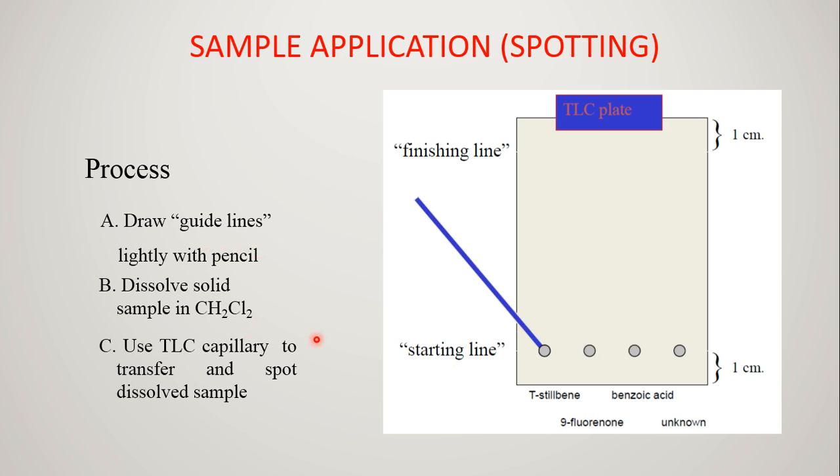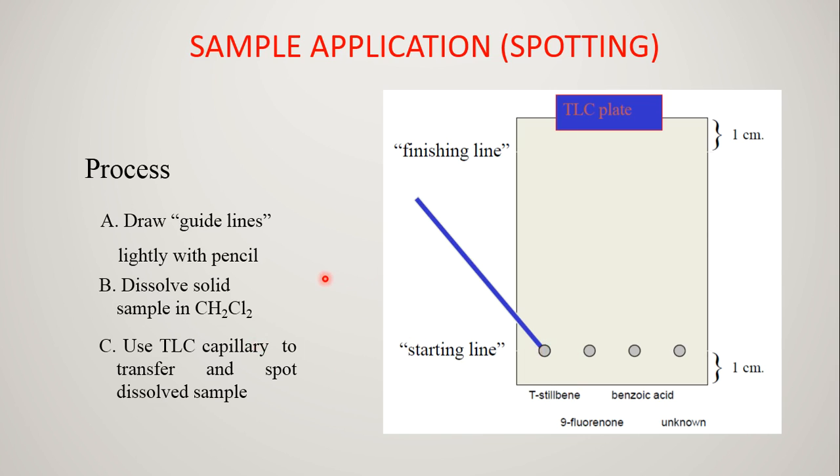What we do first, the first thing is drawing a line over the TLC plate, the stationary phase coated TLC plate. Okay, that is called TLC plate. So over this we make a very light line using a pencil or other thing, that is called the starting line, where our actual developing experiment starts. On that line we apply our sample spot.